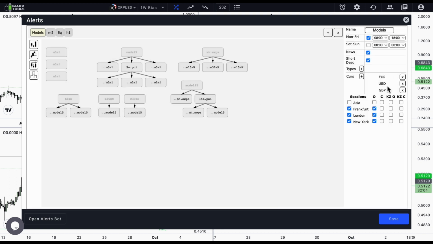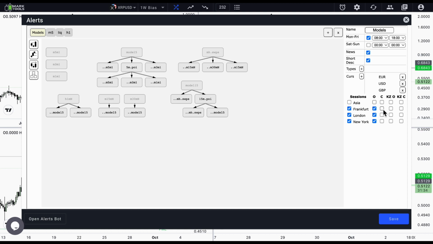And for those who trade sessions, we have notifications for the session events. The sessions are divided by rows of the table. Activating the checkbox next to the session name, you include notifications for the session. Then you need to specify what session events you would like to get notified with. You have 4 types of events for each session. Open and close session events. To activate those events, use columns O and C correspondingly.